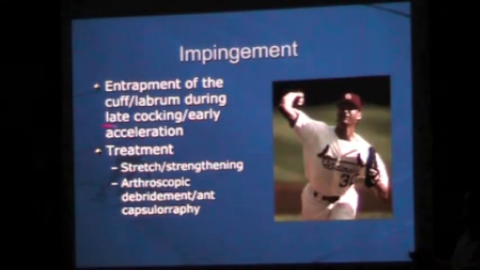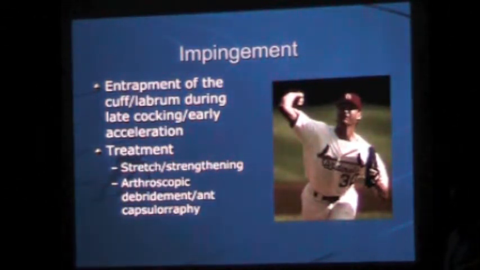Impingement, entrapment of the rotator cuff in labrum during the leg cocking or early acceleration phase. This is internal impingement. Okay, what Adam had mentioned before as well. What happens with internal impingement is actually when you have this imbalance in the shoulder because of the tightness in the posterior capsule and the laxity in the anterior capsule,